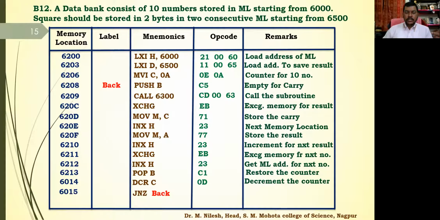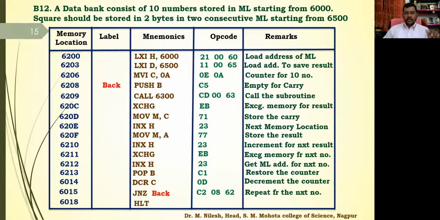So again, we have to push this data. If it is not completed, then it will go in the loop and proceed for 10 times. At the end, if the 10 numbers are completed, then we will have the last instruction as halt. So here we are going to write the halt instruction, but in the subroutine at the end, we are going to write the return instruction. I guess this is complete.